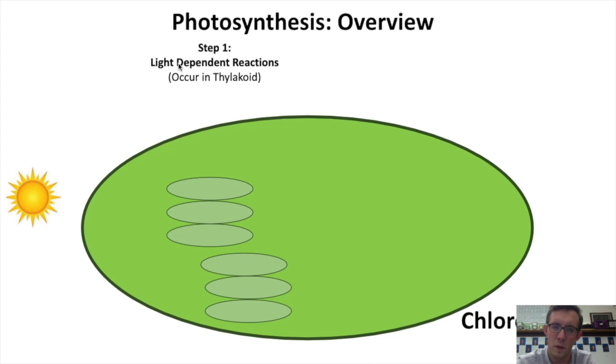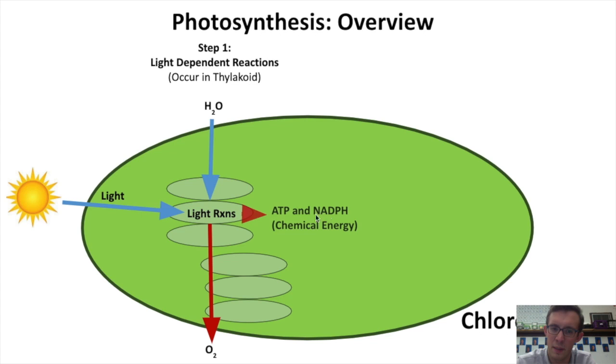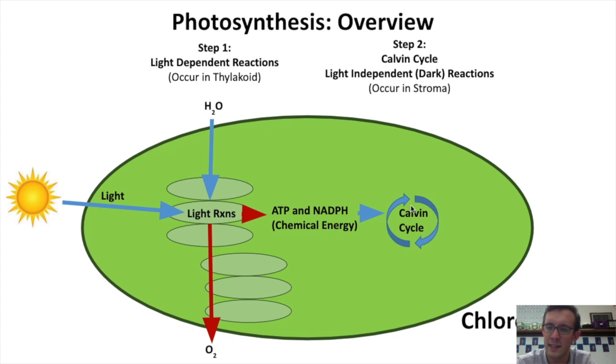The first step is called the light-dependent reactions, which occur inside of the thylakoids, and as the name suggests, use the power of light to break apart water and release oxygen. And in the process, the light reactions produce chemical energy in the form of ATP and another electron carrier called NADPH. And so in one way, the light reactions are kind of like aerobic respiration in the sense that they are producing chemical energy. However, in photosynthesis, these energy molecules get consumed immediately in the next step of photosynthesis called